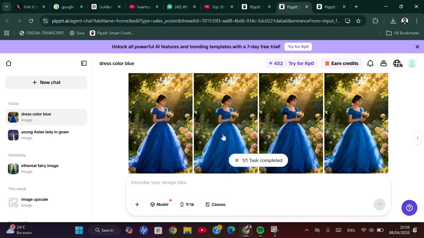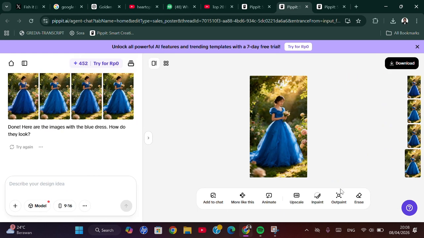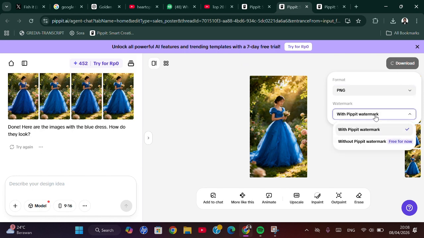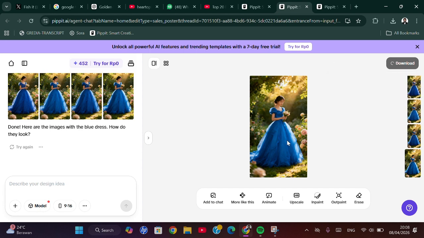You can choose the best one. For me, I prefer this one. Okay, then we can click on download. If you want to remove the watermark, you can click on without Pipet watermark. Okay, that's pretty cool. And okay guys, that's how we can change the color of the dress in a photo